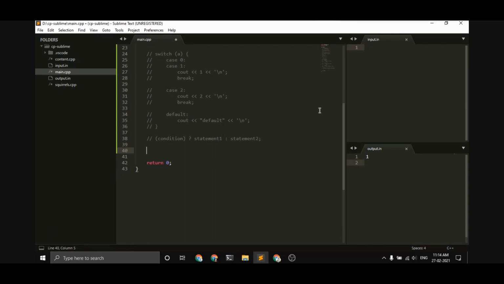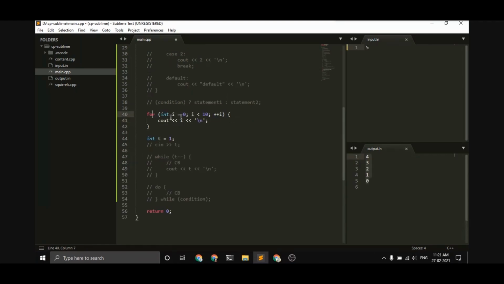And let's move on to the loops, the syntax of loops. The first type of loop in C++ is the for loop. The for loop has basically 3 parts, and we separate these parts with semicolons. So the first part is our initialization, the next part is our condition, and the last part is our incrementation or decrementation.